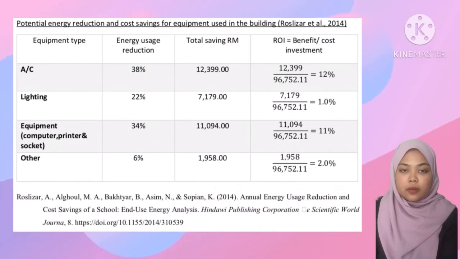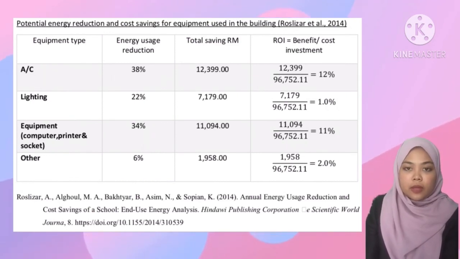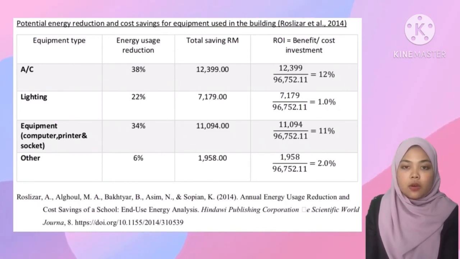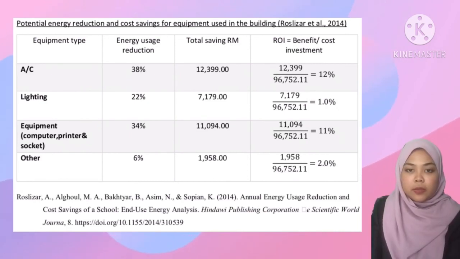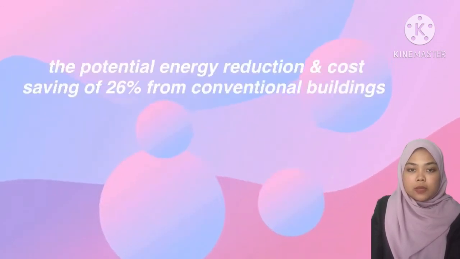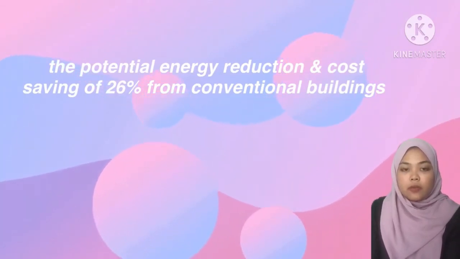Therefore, energy consumption can be reduced by equipment types. For instance, air conditioner is 38%, lighting is 22%, equipment such as computer and printer is 34%, and others 6%. Based on the table presented, it can be observed there is a potential energy reduction and cost saving of 26%